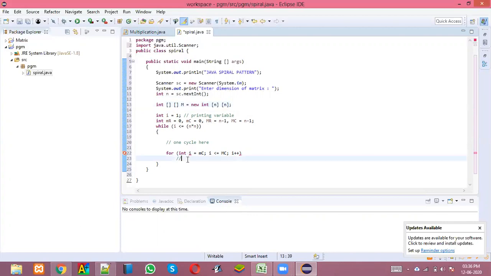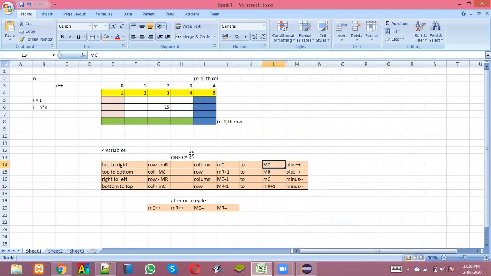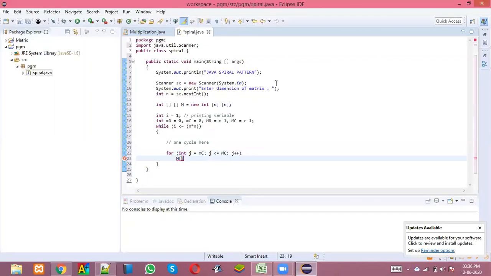Now this can't be I, I'm sorry, this has to be j because I is already initialized. What will I do? M of, now row number is constant, correct? We are looping through a row. Row number is constant. What is the row number? Row number is always MR. But column number is changing.